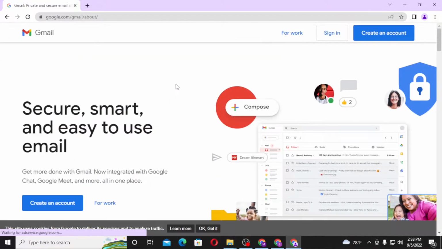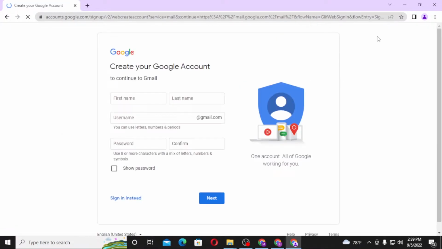Click over there, and over here you can see the sign in and the create an account button at the top right corner of your screen or the bottom left corner of your screen. Click on either of these buttons to create an account, and after that you'll be directed to the sign up page of Google. Enter your first name over here like this,